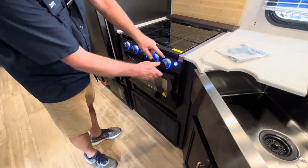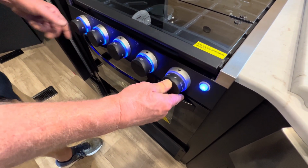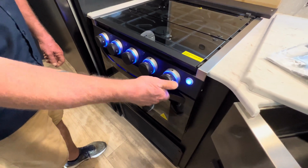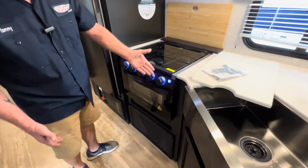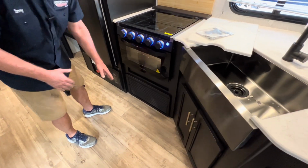You line up the arrow with the flame, and then once you get it lit with this, then you turn it to the temperature you want. It does come with the oven light. You can also use it as a night light. This is where your propane heater is located down here, so you'll hear it come on and everything like that,